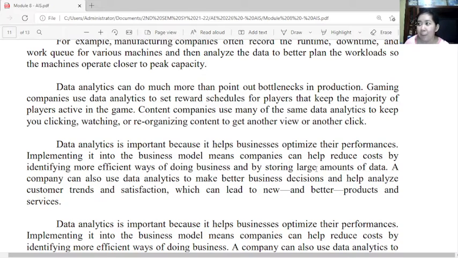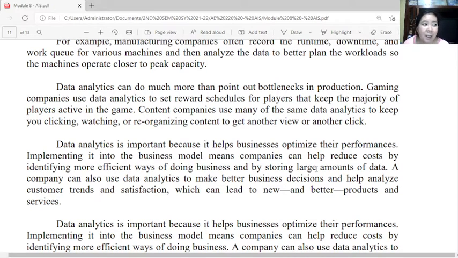So if you notice in social media platforms, what you see in your feed is normally what you usually view. For example, if you click a video about mukbang, eating a lot of food, then what you will see in your feed later on, the next video, will also be related to that type of content. So this is how data analytics is being used by social media platforms to keep you entertained.